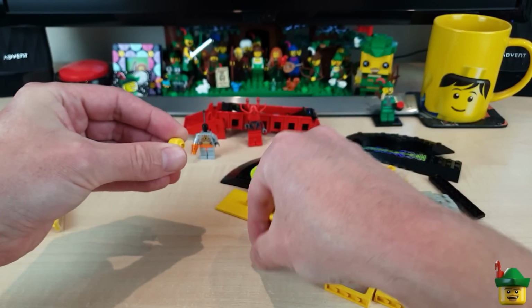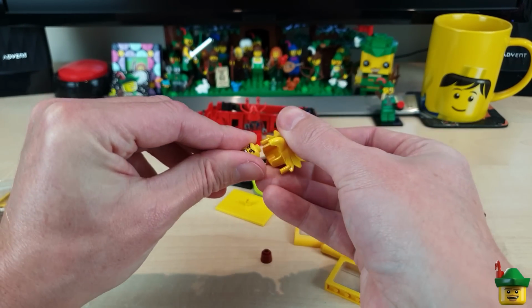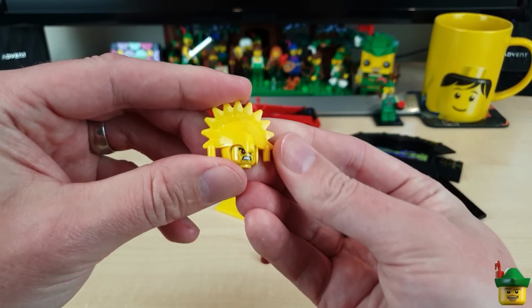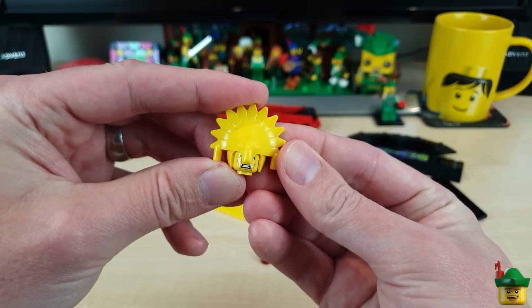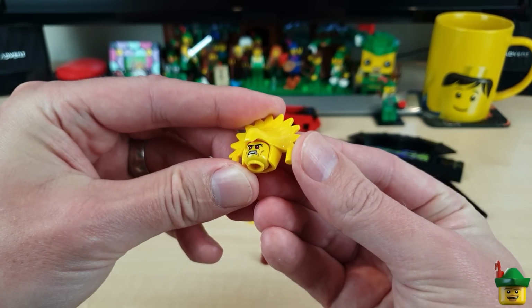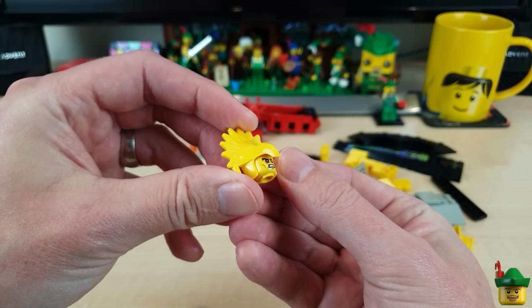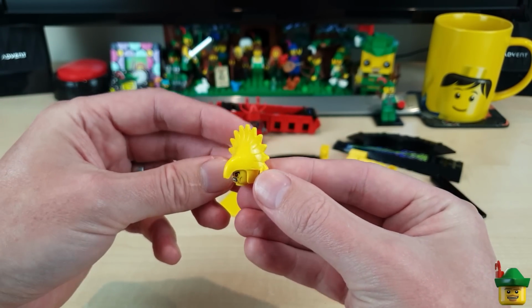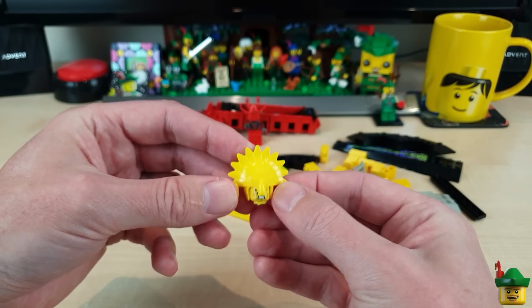But let's take off the fez and see how that looks. Oh yeah, it could be a very angry high priest. Though he can barely see with that in front of his eyes, can he? He'll have to look very sort of sideways at people. Yeah, because I think that's the sort of beak of whatever this headdress is supposed to represent. But yeah,